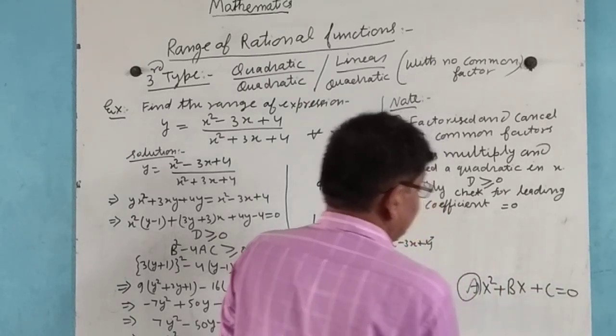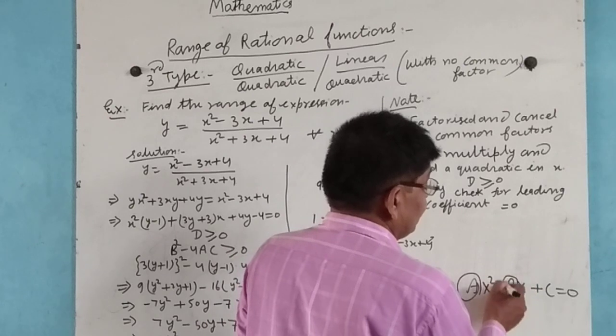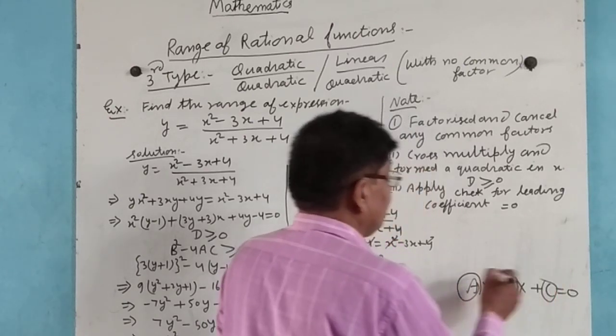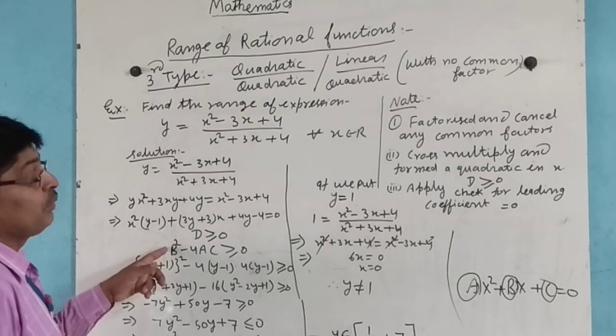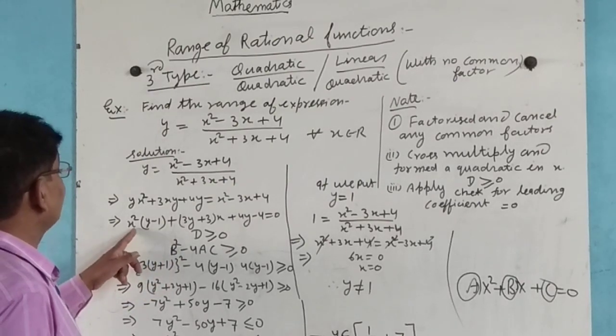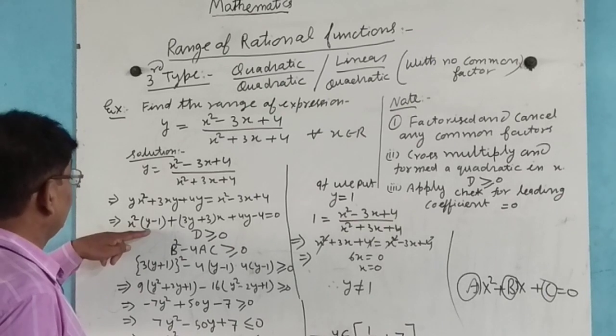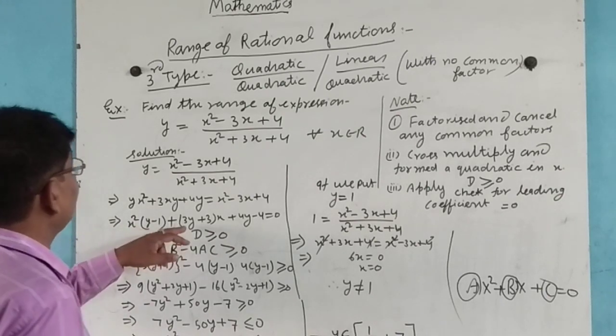Here a is the coefficient of x square, b is the coefficient of x, and c is the constant term. Now b is the coefficient of x, here